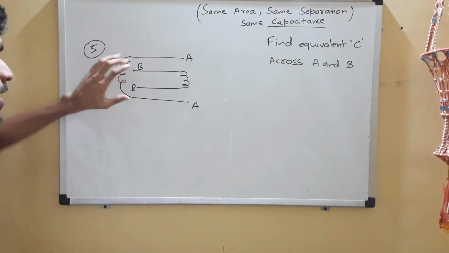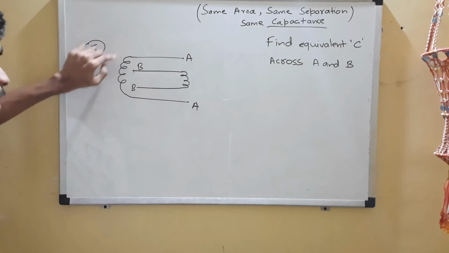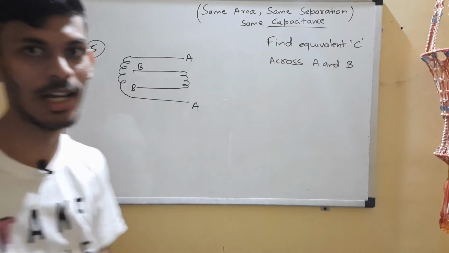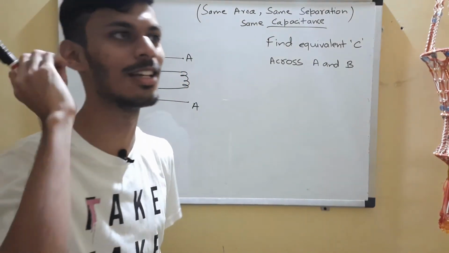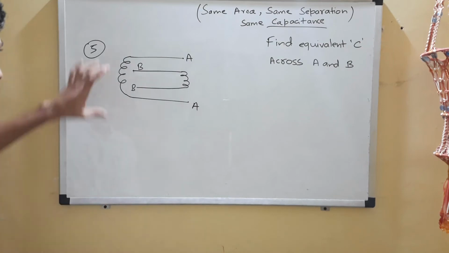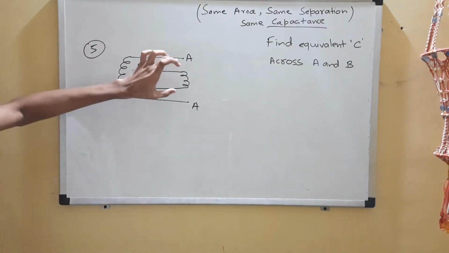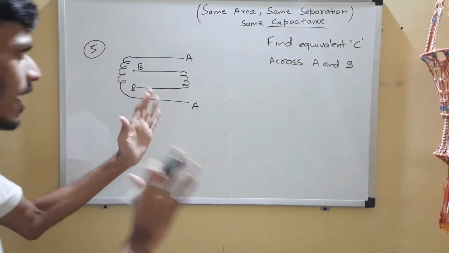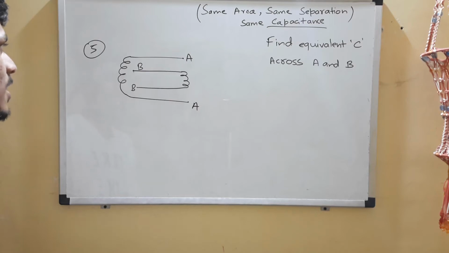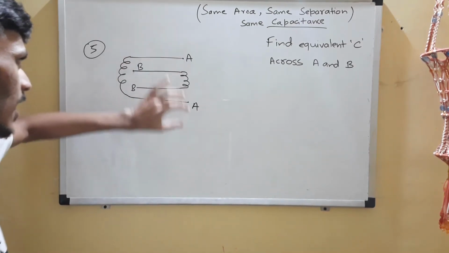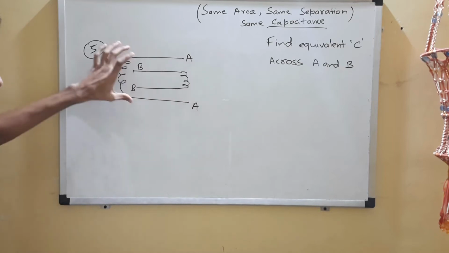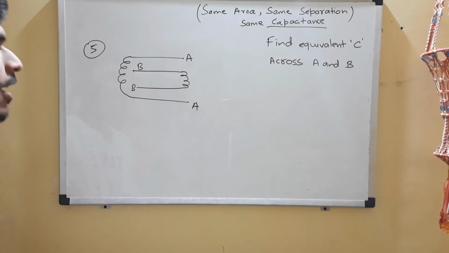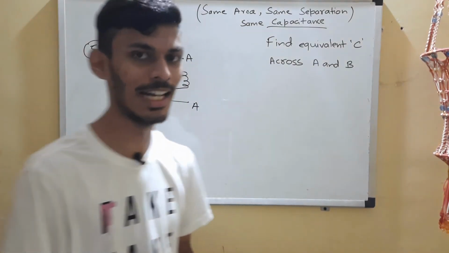This just means that the first plate and fourth plate are connected. It's the same thing as taking the 2 plates and connecting them to one terminal. So don't get confused, it's the same thing which we were discussing so far. These 2 plates are connected with a connecting wire. These 2 plates are also connected, which means they will have the same potential. But step 1 in this question is already done for us. They have given that the potential over here is A, and hence the potential over here will also be A. They are connected. Potential over here is B. Here also it will be B. So step 1, assigning potential, is already done for us.